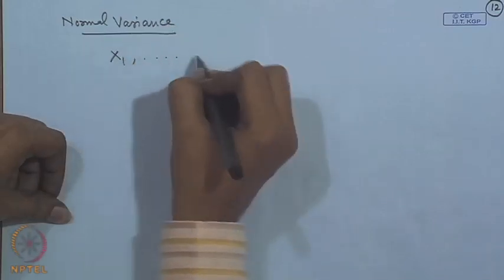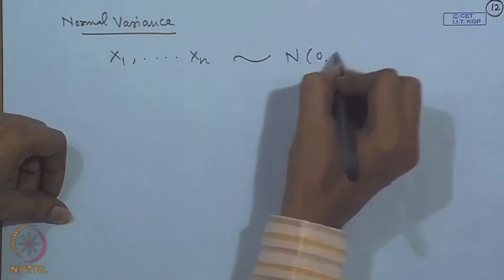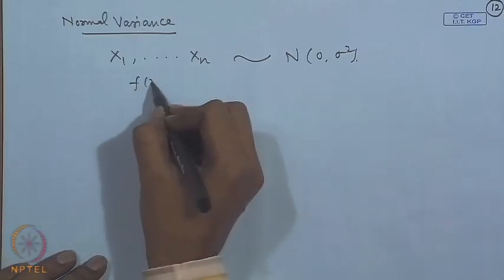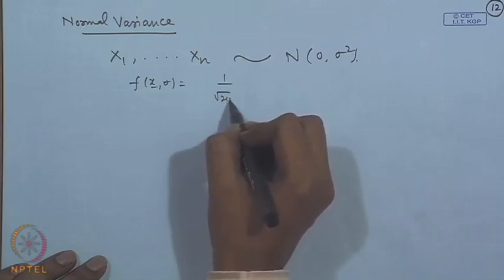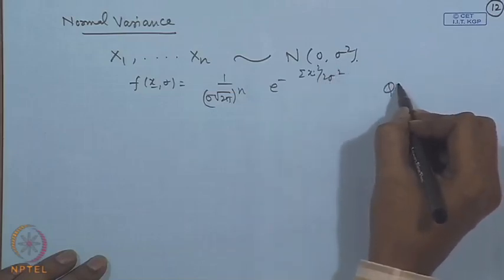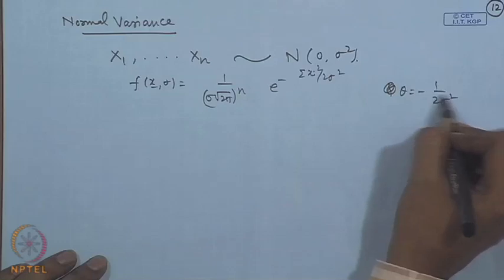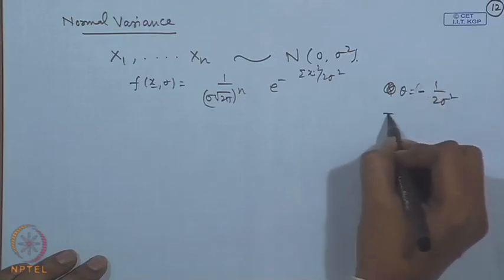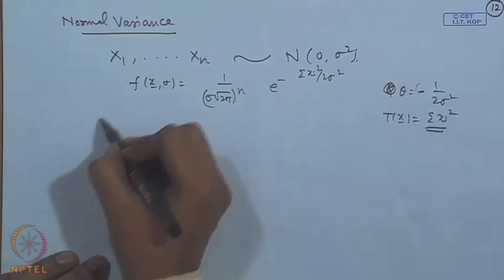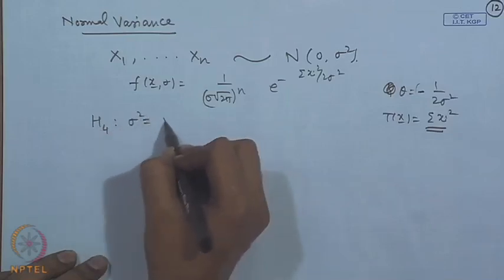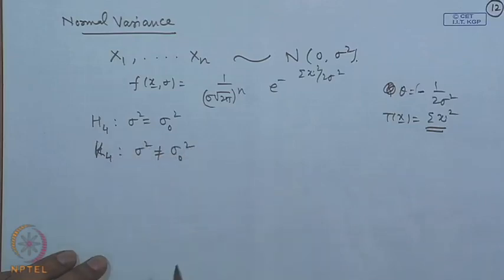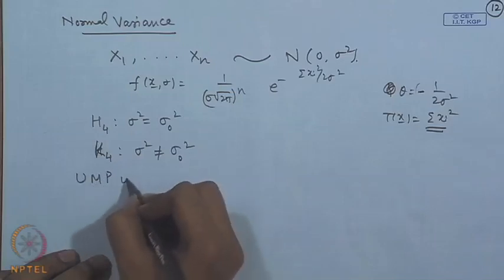We have a random sample from a normal 0, sigma square distribution. So, we need to write down the joint distribution to look at the formulation here of T x, e to the power minus sigma x I square by 2 sigma square. So, here your parameter theta is equal to minus 1 by 2 sigma square. Of course, you can see this is an increasing function here, and T x is equal to sigma x I square. So, if I consider the testing problem, sigma square is equal to sigma naught square against sigma square is not equal to sigma naught square, then the UMP unbiased test